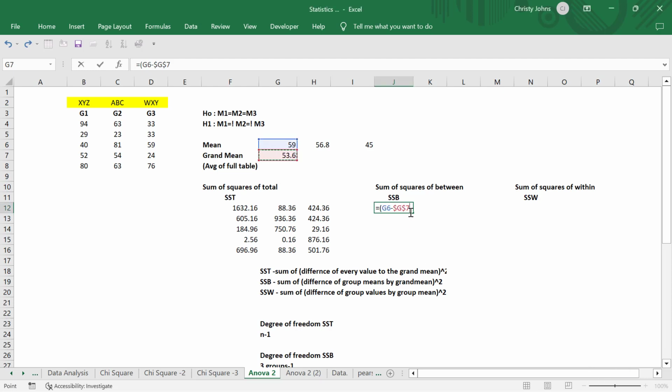Okay, here we have one mistake. We need to lock this one also. Lock this and close the bracket, raised to 2. So this is our equation, and it means the cells G6 and G7 are locked. Both cells are locked here: G6, the mean value, and the grand mean value. So we press enter, again give equals,